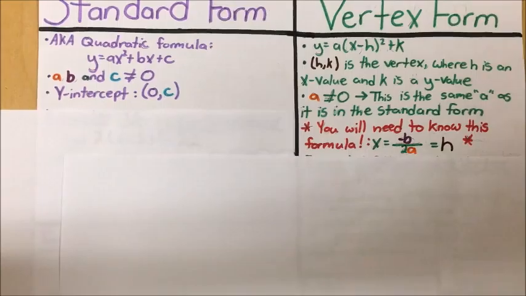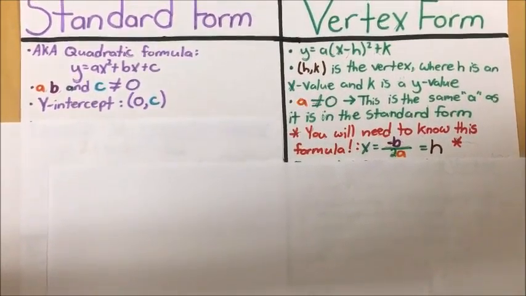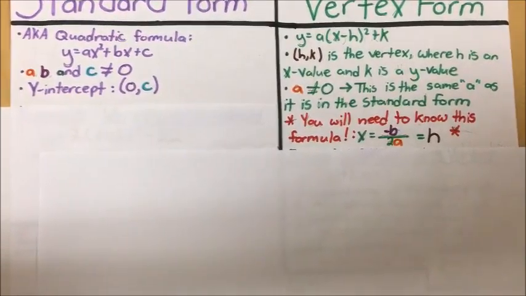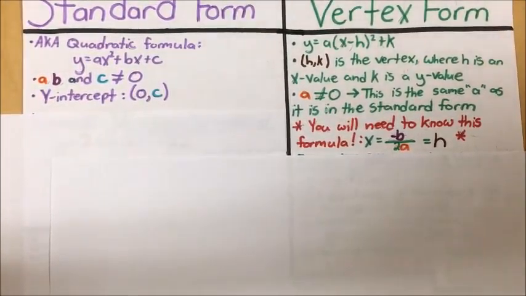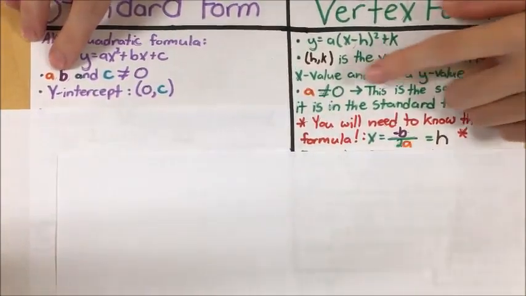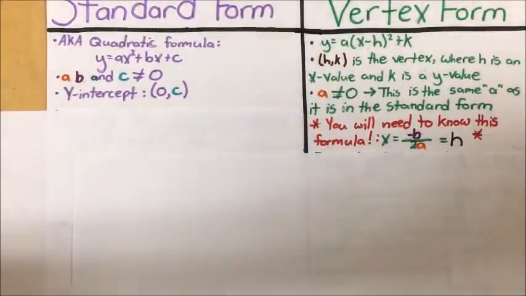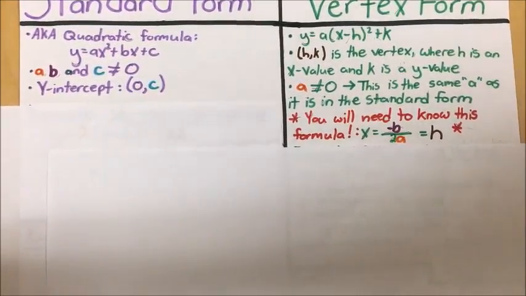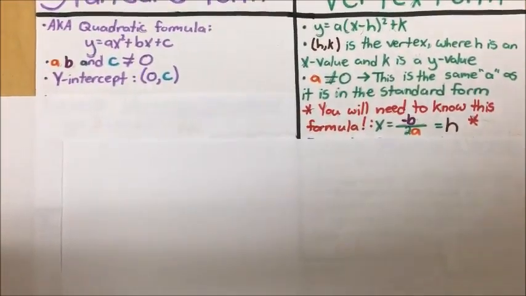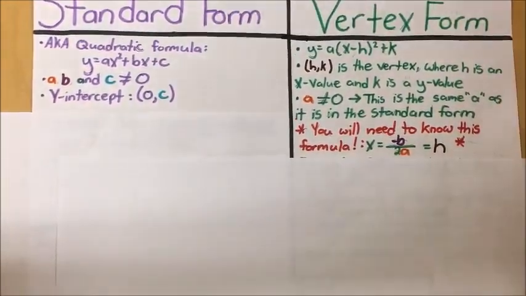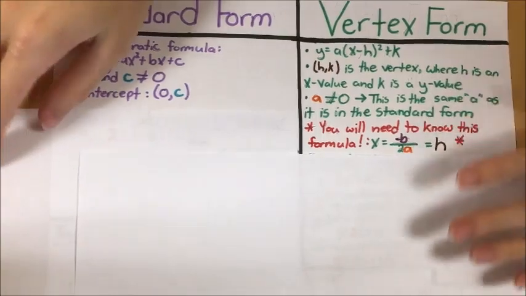And h comma k is the vertex, where h is an x value and k is a y value. A does not equal 0, but it is the same a as it is in the quadratic formula, so these two a's are exactly the same. But you will need to know the formula x equals opposite of b over 2 times a for vertex form, and that is equal to h as well. So we'll look at an example for